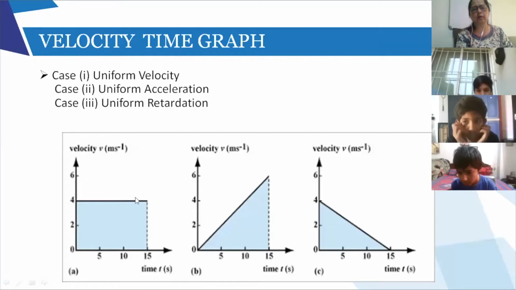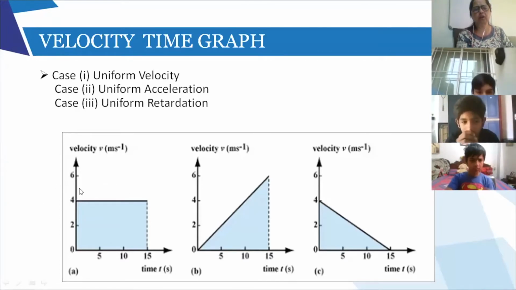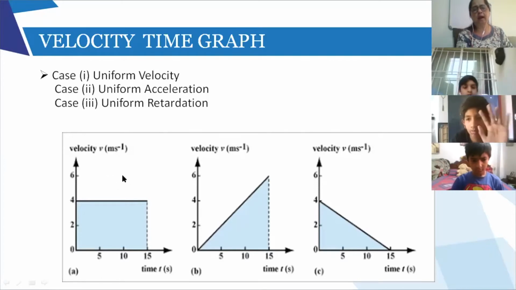Now I ask a question. Who will answer me? Toshit will answer. Toshit, can you tell me what can be the acceleration over here in the first graph? What can be the acceleration? Okay, Toshit is not able to answer. Who will answer? Aditya? Rohan? Anyone can tell me what will be the acceleration? Ma'am, 6. No, beta. 0. Who answered? 0. Rohan. Very good, Rohan. Ma'am, how? I'll tell you.